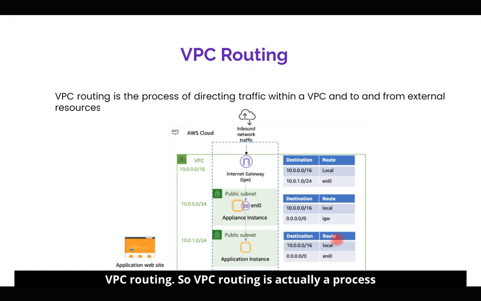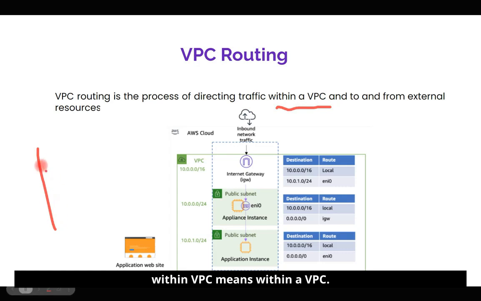Now let's understand VPC routing. VPC routing is actually a process of directing traffic within a VPC or to and from external resources. What does that mean? When I'm talking about within VPC, within a VPC, we are